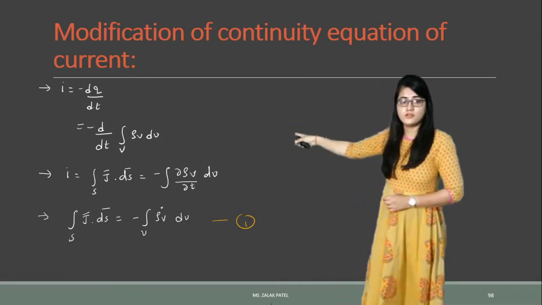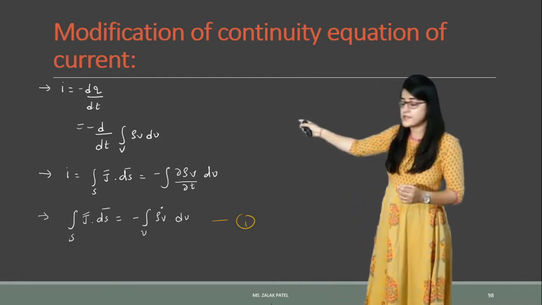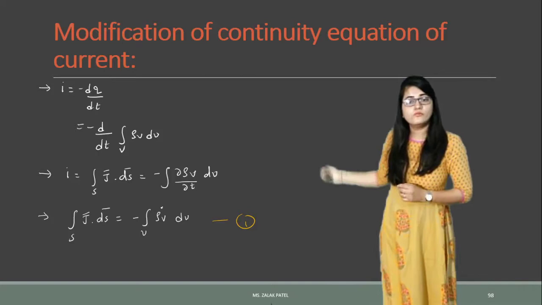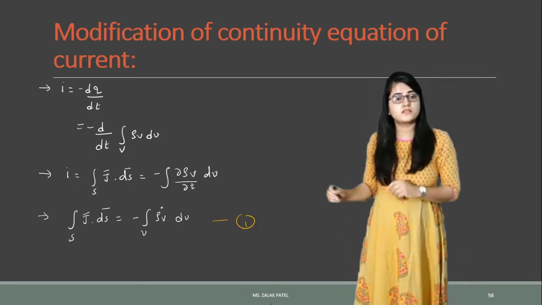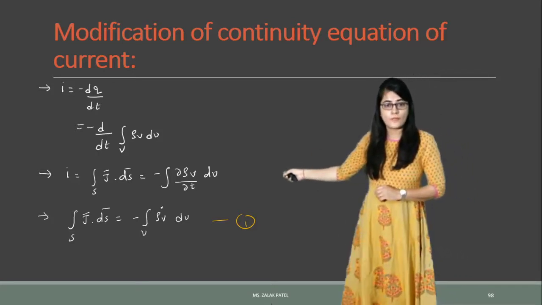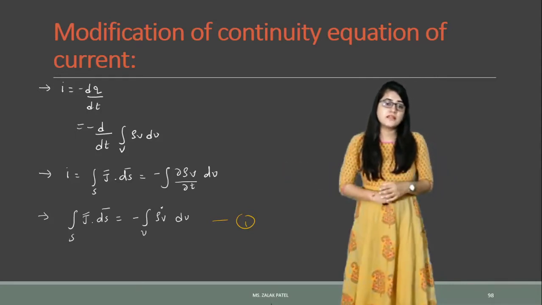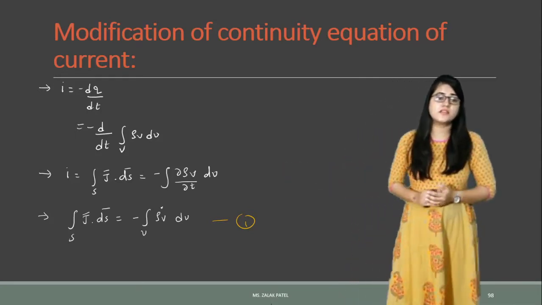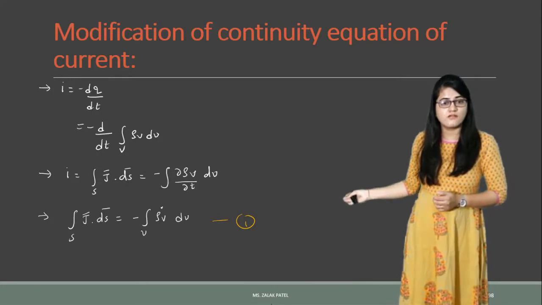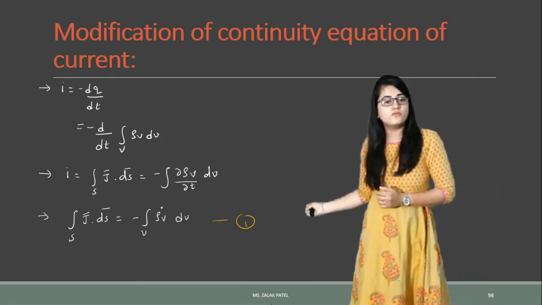If you see this equation, I is equal to minus d by dt over volume of rho v dv. So we can compare these two equations, and we can easily say that the surface integration of J dot ds